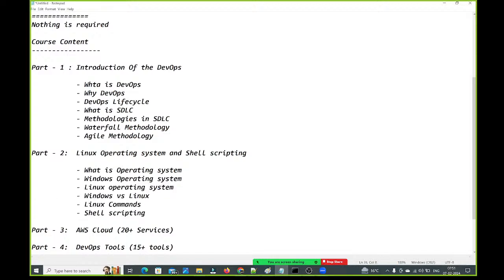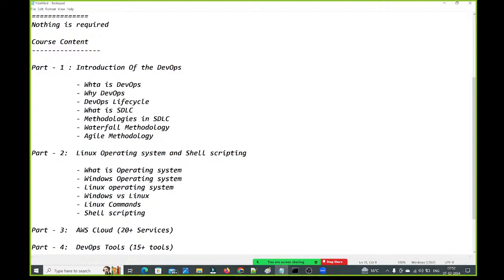Guys, Linux commands are very important. As a prerequisite, we can say Linux, guys. Linux is the main prerequisite to attend this course. But we are going to discuss Linux also. That's why I mentioned the prerequisite is nothing, because Linux also we are going to discuss. Once Linux is completed, then only we will move into AWS and DevOps tools, guys. On these Linux commands we are going to spend 5 days to 1 week. The most top Linux commands we are going to discuss here.